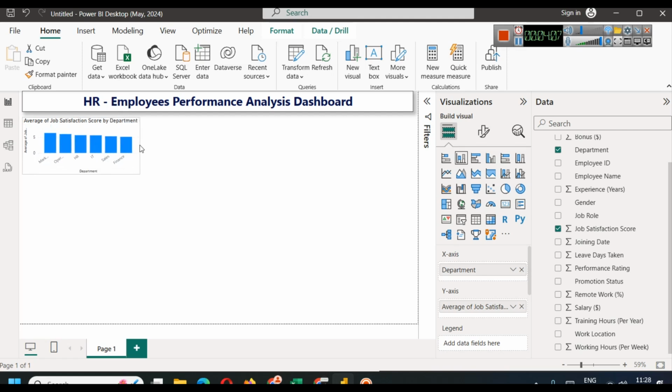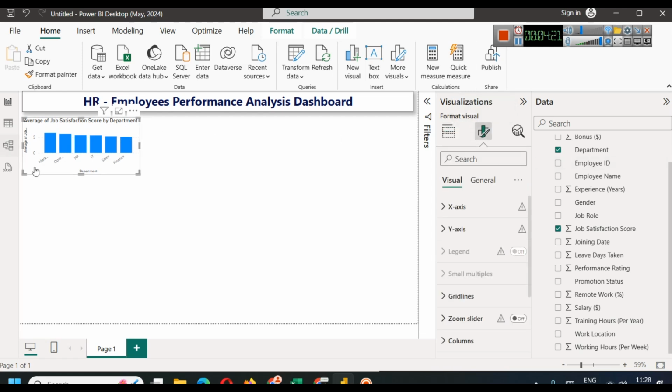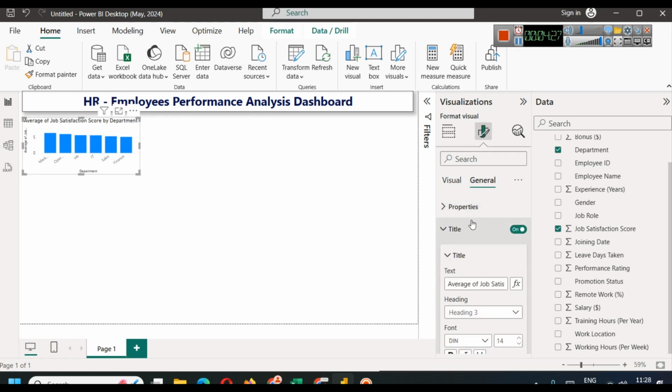Just so that everyone can read the department name, we can increase its width. And here you can see the title is average of job satisfaction score by department. So we can go to format your visual to apply different types of styling to this chart, and then under general you will find title. So here I will just write average job satisfaction